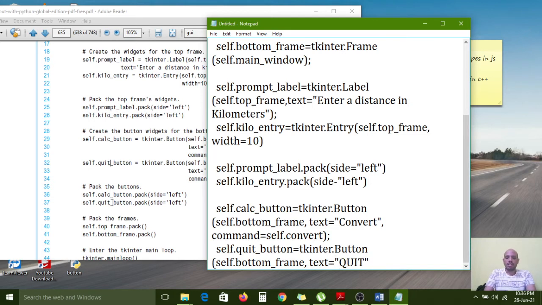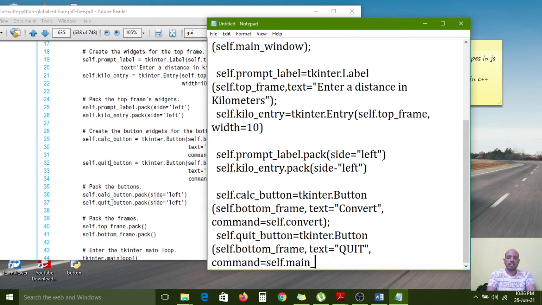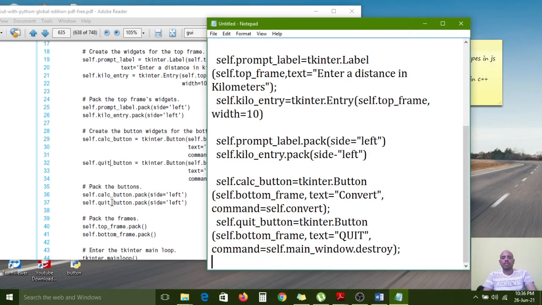After that, command equal to self dot main underscore window dot destroy, right? So two buttons are created in the bottom frame. Now I want to pack these two buttons.